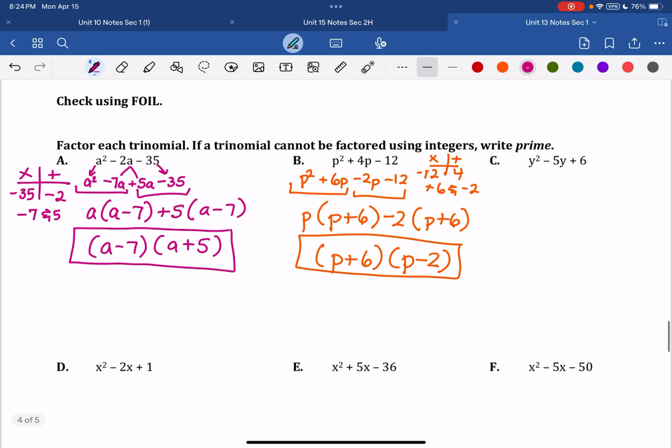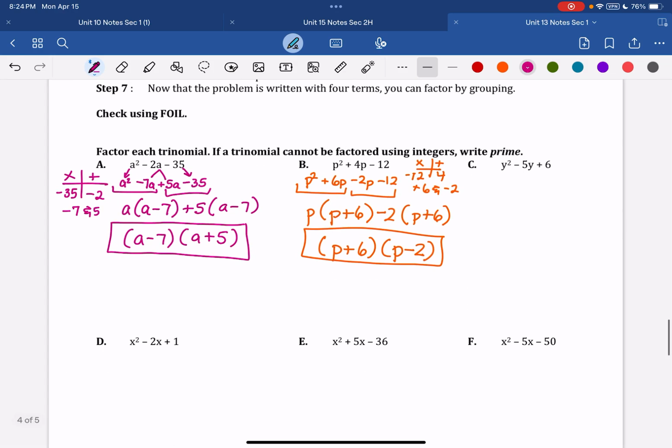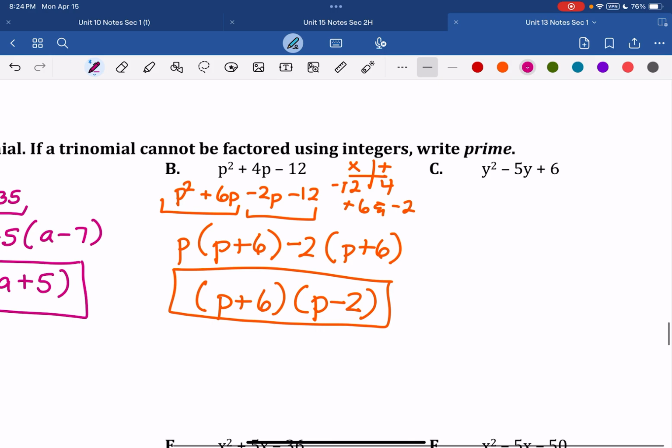Example C. We're going to multiply to be 6 and add to be negative 5. If we're multiplying to be a positive but adding to be a negative, both numbers have to be negative. So negative 2 and negative 3 are going to give us what we need. So we're going to split that middle term: y squared minus 2y minus 3y